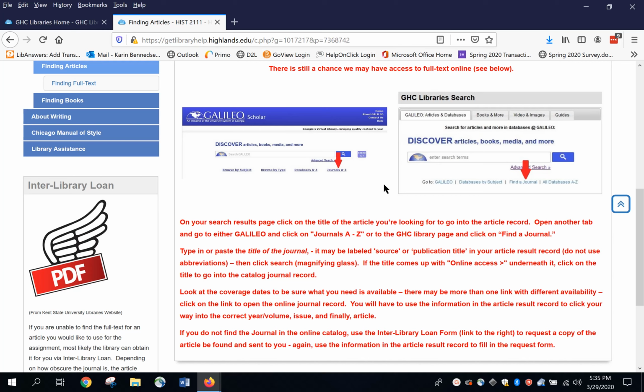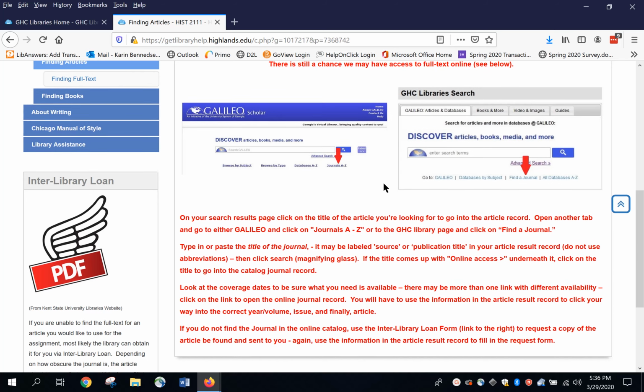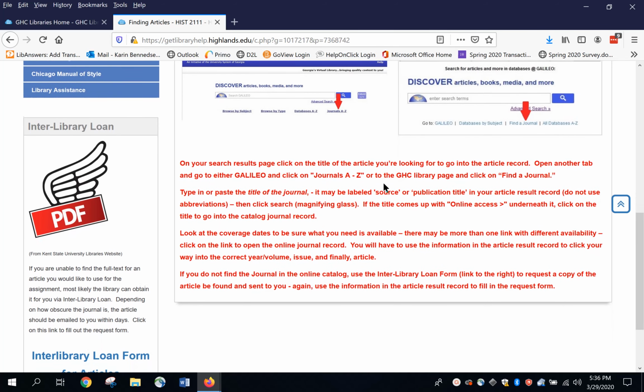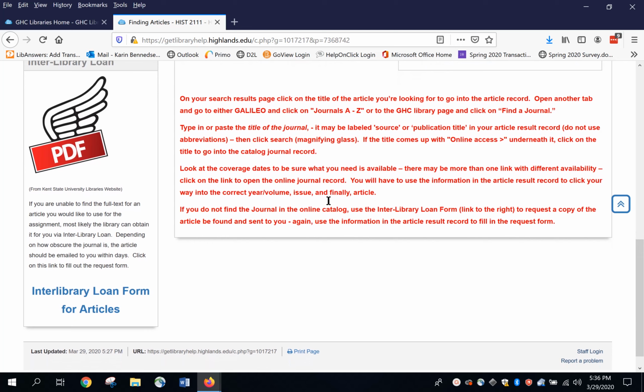Sometimes we don't have it all the way up to current. Sometimes the most recent 1 year is embargoed, meaning that the publisher won't let us get access to it. But once you are in there, if you do find the journal, you will have to go back and look at your record and find out the year, the volume, the issue, and the page numbers to go through and find the article. If you don't find the title in there, you can request your article through interlibrary loan, and